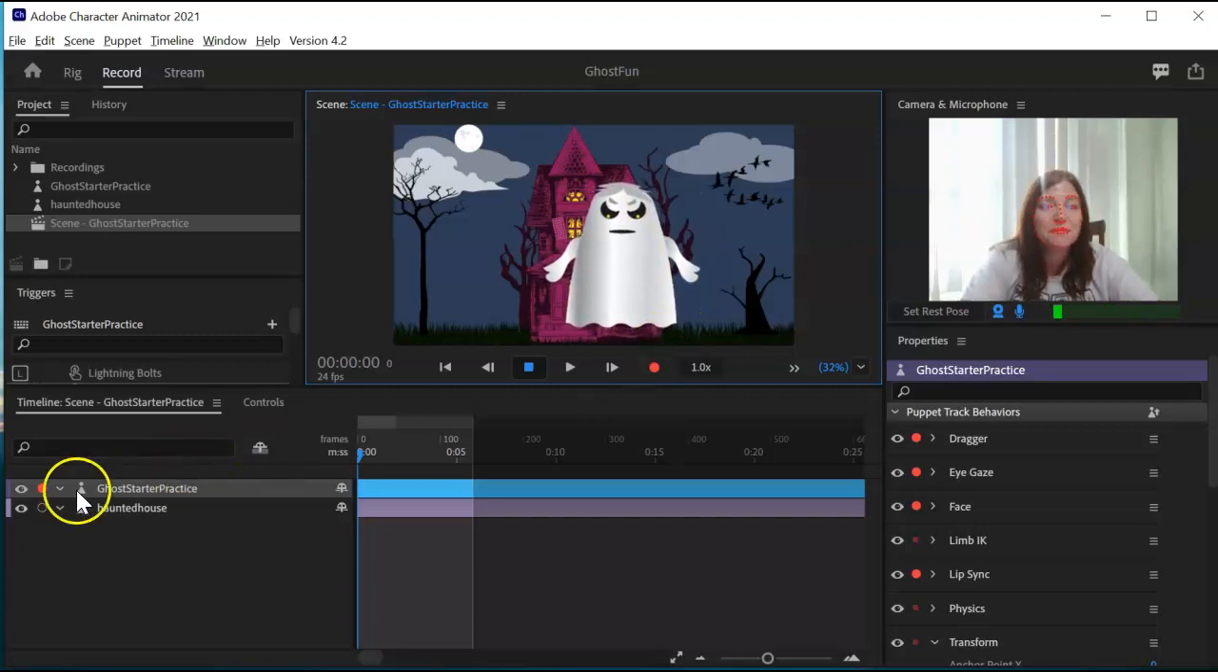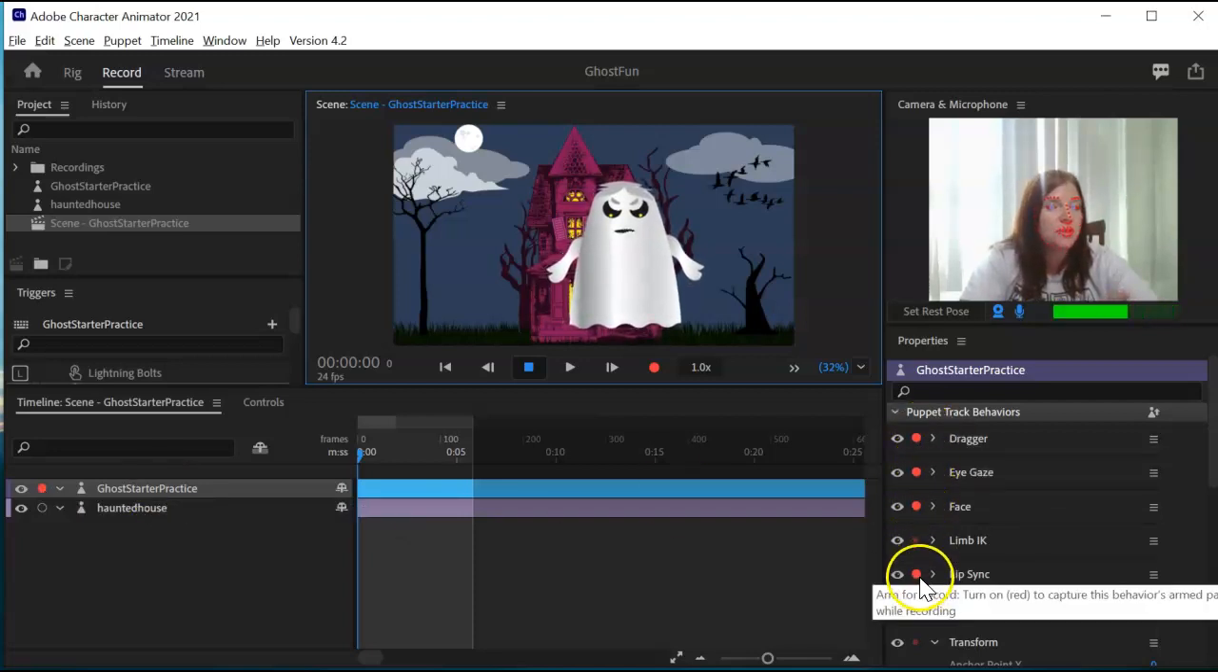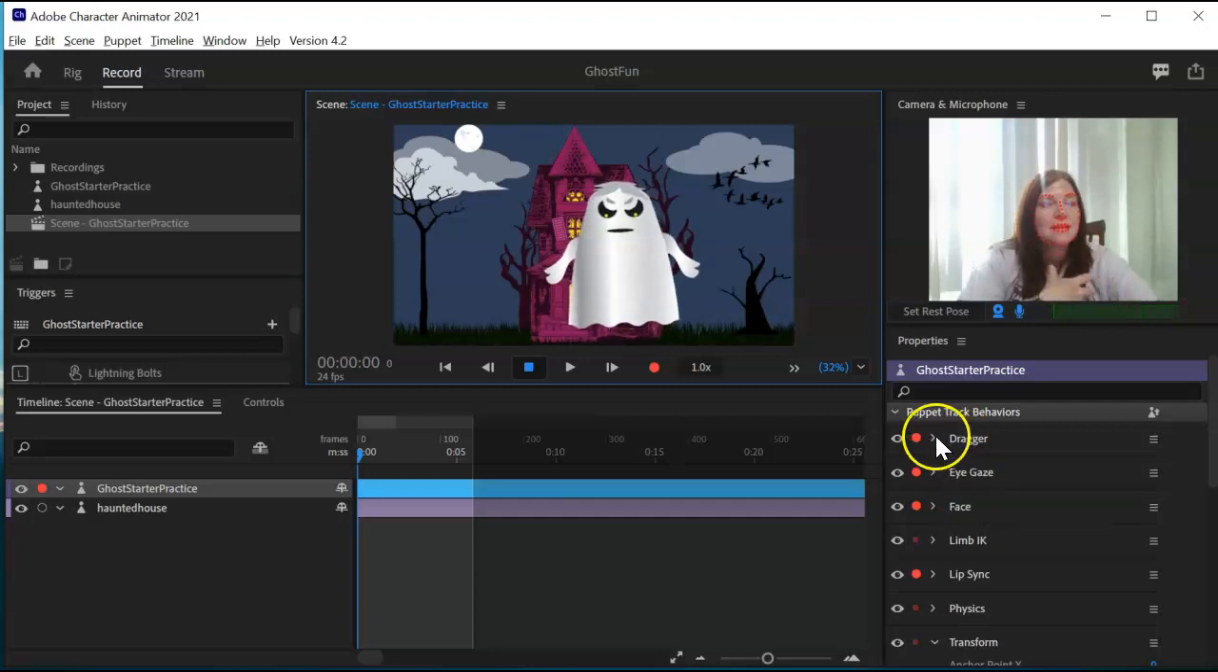Very simple. First, make sure your puppet is armed. That means it has to have the red dot in front of it. Also, all these other things should be armed. Your eyes, the dragger, all of that stuff. Then what you're going to do is press the red record button and then just record your